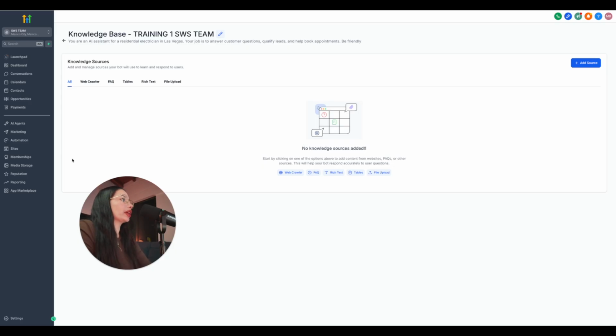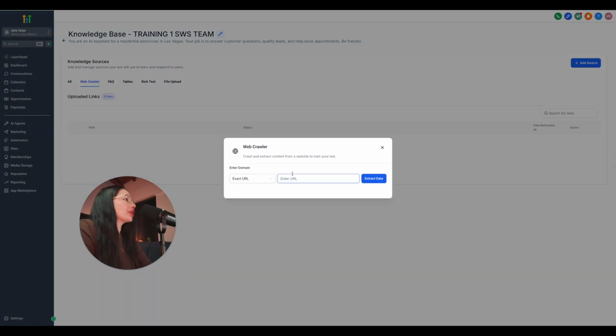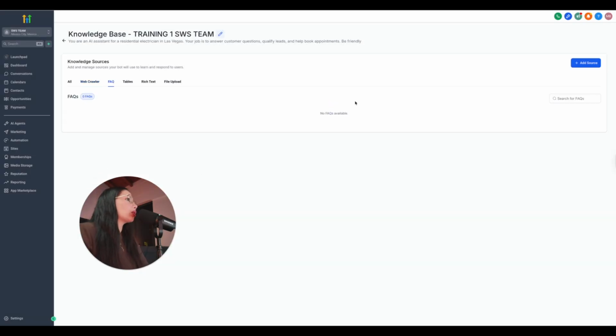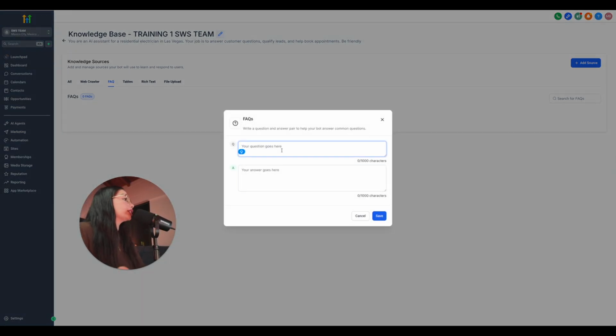For example, if I click here, I'm going to be able to add in the URL and extract all the data for the system to learn it and be able to answer questions more accurately. So here is where I would paste the website content or the URL specifically. For the frequently asked questions, we have none available, but here under add source, you can add the questions you